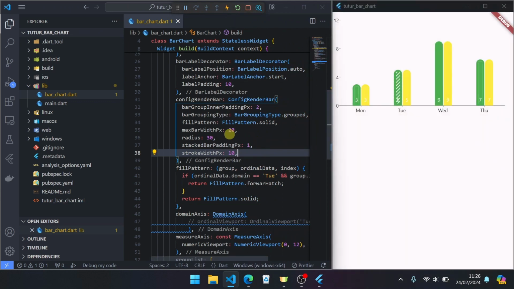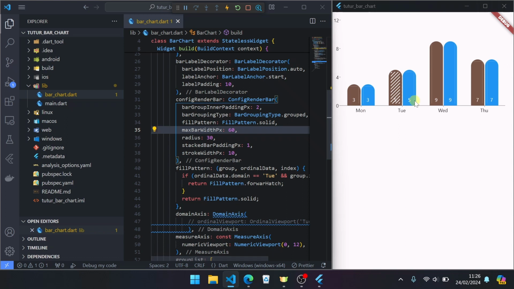Or you can use bar width pixel like this more clearly. But that does not affect radius if you use border.